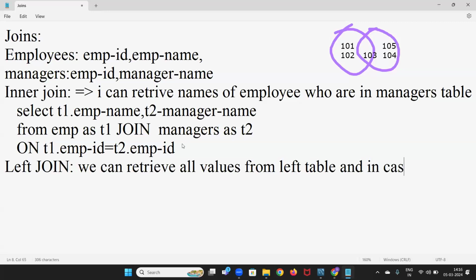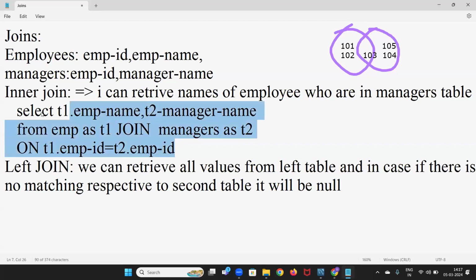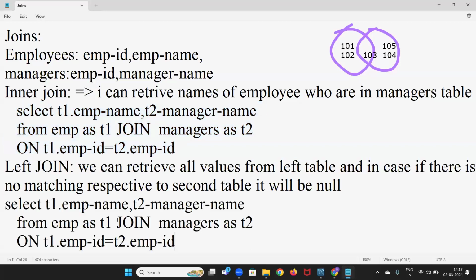And in case there is no matching respective to the second table, it will be null. It will be null. So if I perform the same thing here, instead of join, if I write left join and right join, you have to specify left and right. If the same thing I take here, if I do left join here,